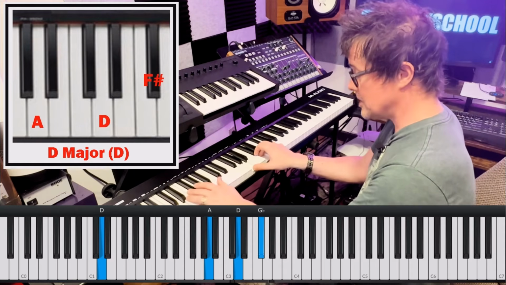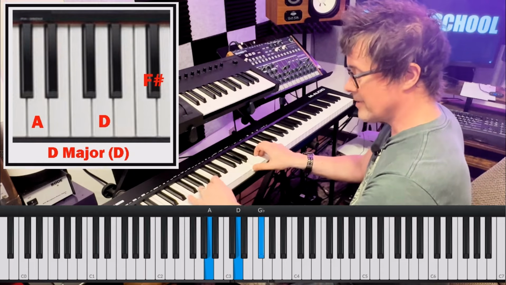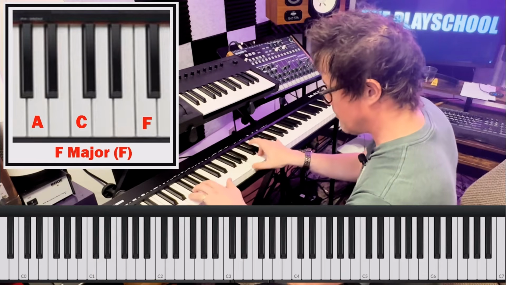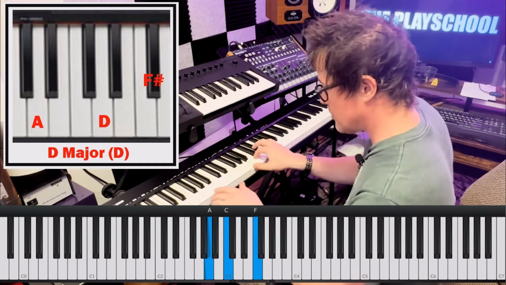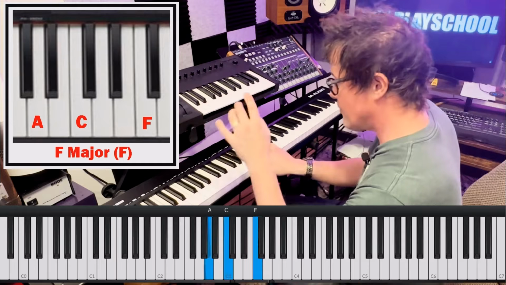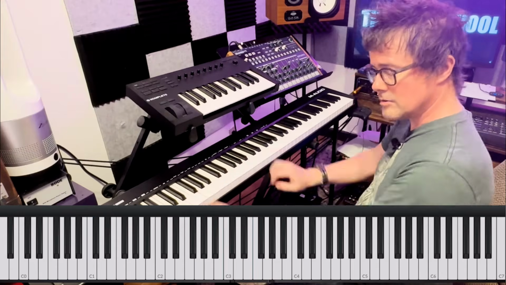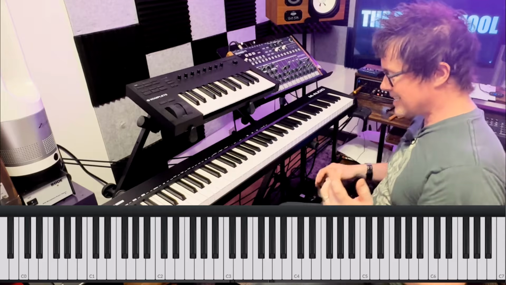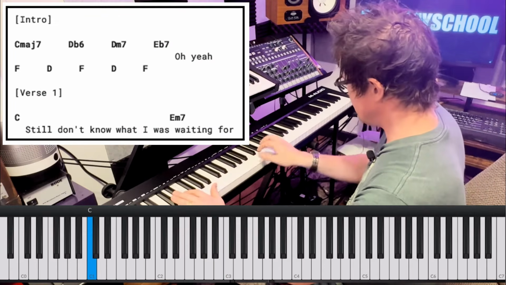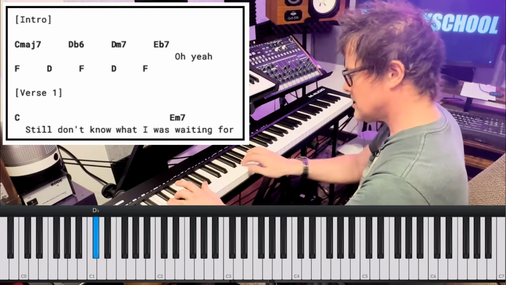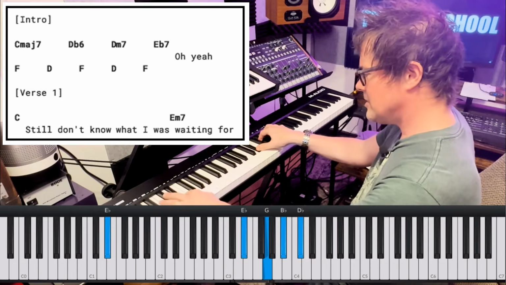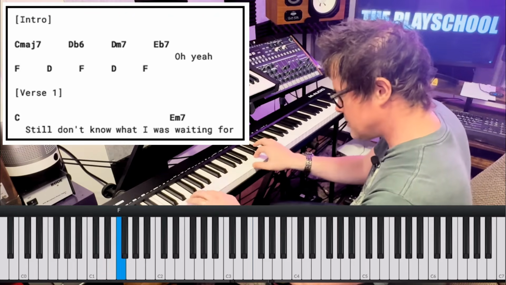I'm going to teach you this at the end, but that's where we are, right? I would use the pedal because we've got that crescendo before we get into the verse. Okay? So let's take that intro all the way through. D flat 6, low D minor 7, high E flat 7, and then 1, 2, 3,